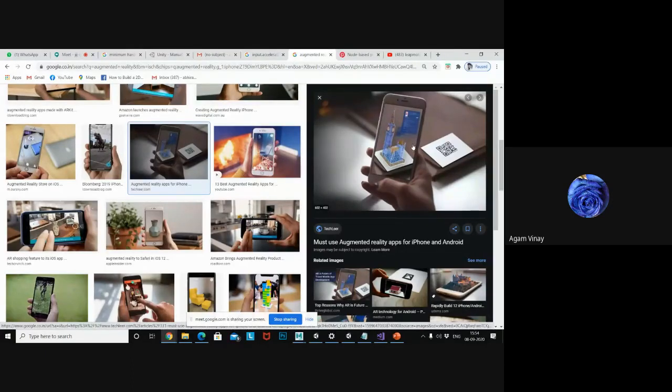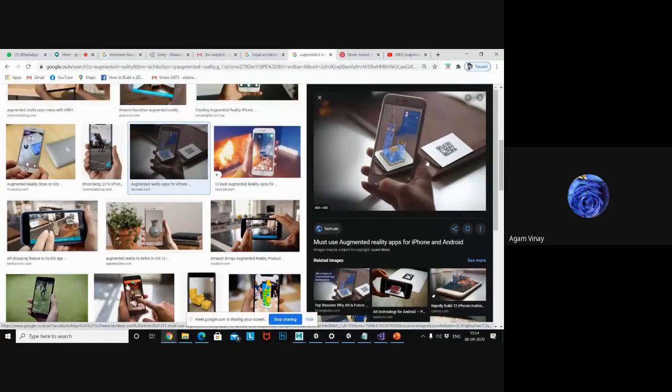Let's say for kids, we know how to write and spell it, but kids don't know. So assume this scanner is the letter A. Whenever I open my AR app and project on the scanner, it will automatically show the letter A, how to write it, how to pronounce it, and related words like apple and so on.